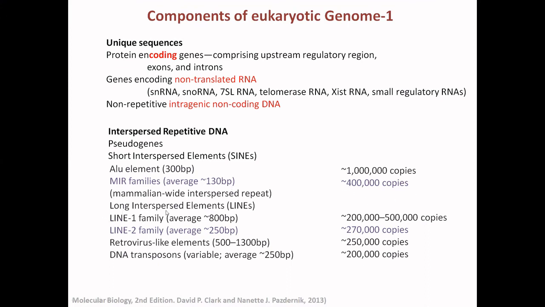Then there are the long interspersed elements, in short form called LINEs. So the LINE-1 family, average 800 base pairs. This is almost 200,000 to 500,000 copies. LINE-2 family, average size is 250 base pairs. It is 270,000 copies. Then the retrovirus-like elements, the average length is 500 to 1300 base pairs. There are 250,000 copies, and DNA transposons, this is variable in size, average is 200 base pairs, and there are